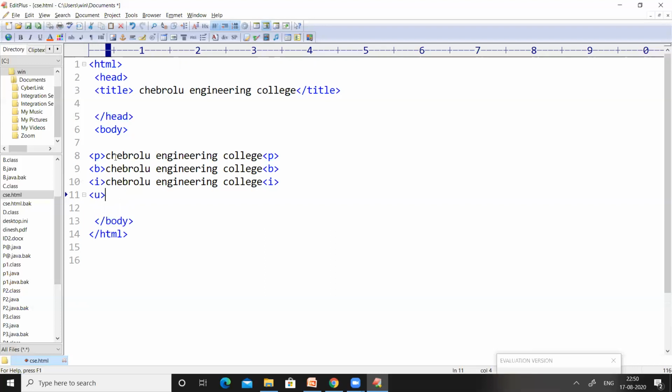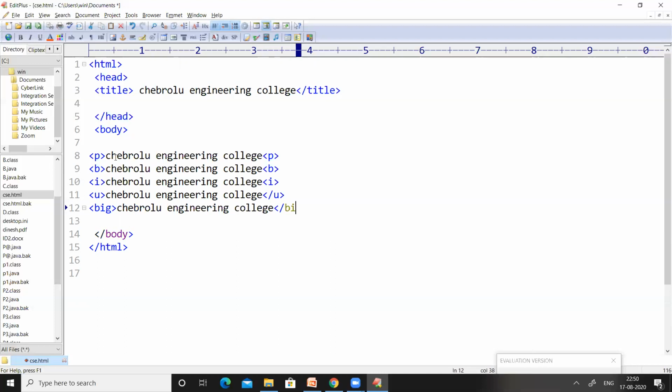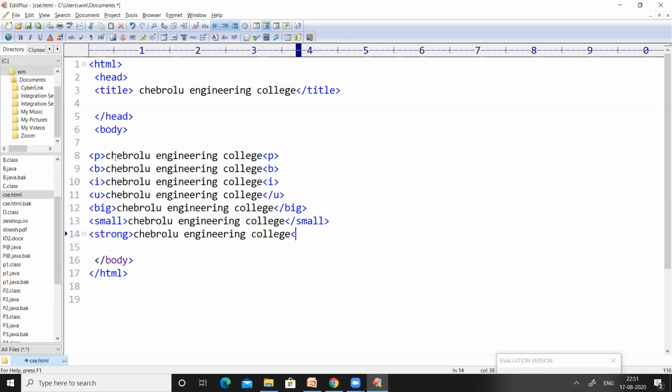And then the underline tag, and then the big tag, and then the small tag. After the small tag, we have used the strong tag, with its closing tag.